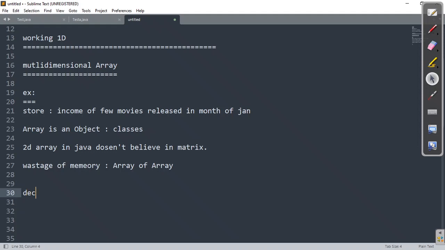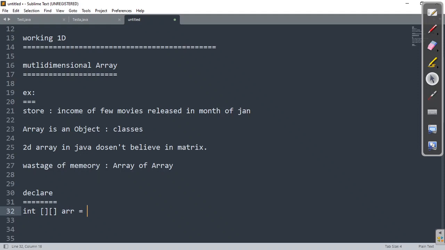So let us understand how to declare a double dimension array. In Java, if you want to declare a double dimension array, the declaration is quite the same as a 1D array.